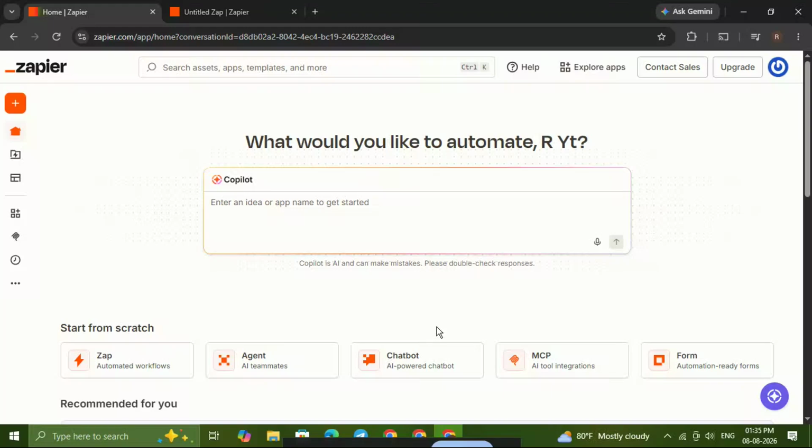If you want to convert text to a file with Zapier, you're in the right place. In this tutorial, I'll walk you through the exact steps to set it up so you can turn text into a file automatically without wasting time doing it manually. This is a super useful workflow if you're working with content, automations, document generation, or anything that needs text saved